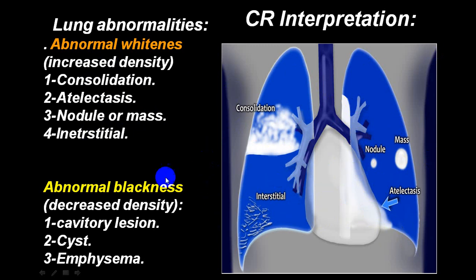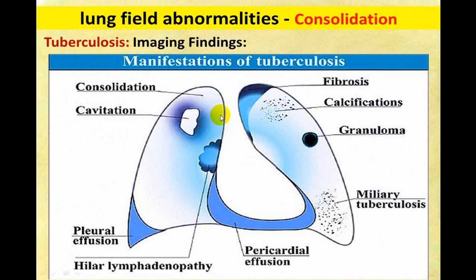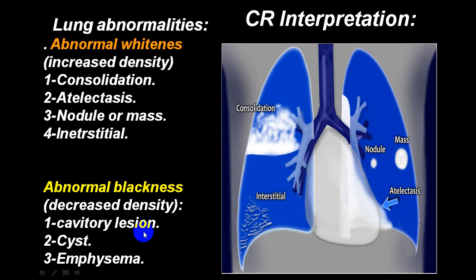But if you see abnormal blackness, or what we call radiolucency, that will be in a cavitary lesion like this. This will be radiolucent, surrounded by a little radio opacity. Or sometimes you see a radio opaque area, and in that you see a radiolucency, a round shadow, we call cavity. So that will be very peculiar, cavitary lesions. Or sometimes you see only a thin margin, we call cyst.